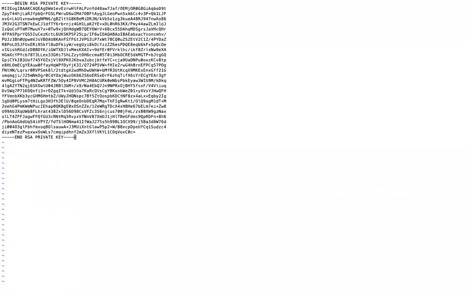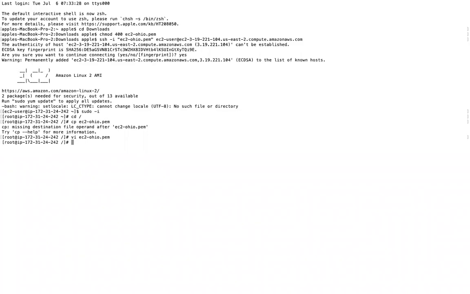Escape, colon, w q exclamation mark. It will save as well as exit. And now we have ec2ohio.pem, and using this we can SSH into our private instance.